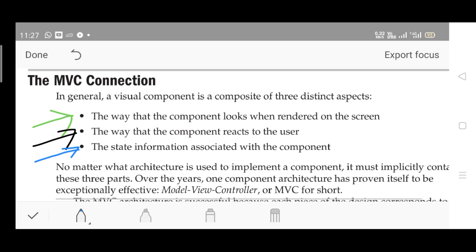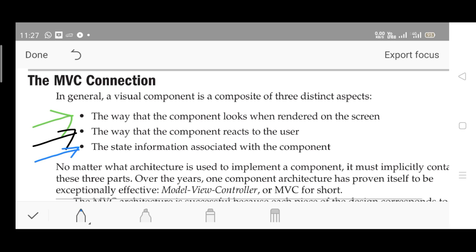State information, for example, suppose you have developed a radio button with two options, true, false, or yes or no. The state information with respect to the first button will be either true or yes, the second button will be false or no. That is the state information, guys.